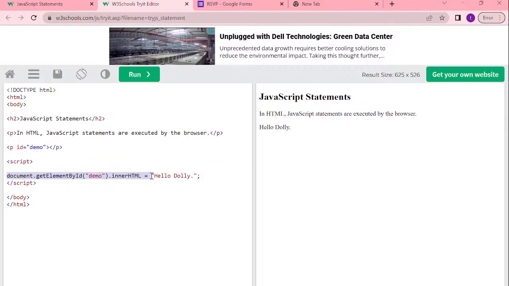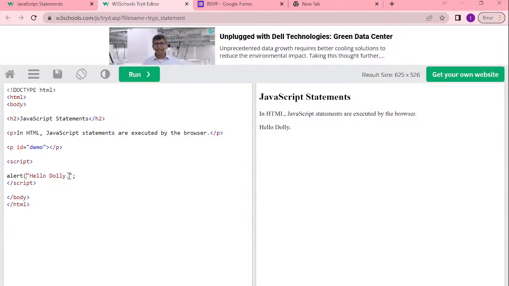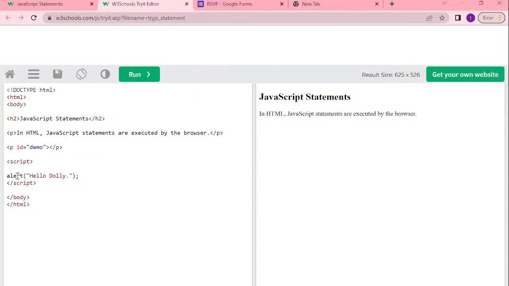Which is .innerHTML and all. You don't have to learn all these. Just empty that and write alert or write console.log. So alert will give you the message in the alert box here. If you wanted to get it in the console,